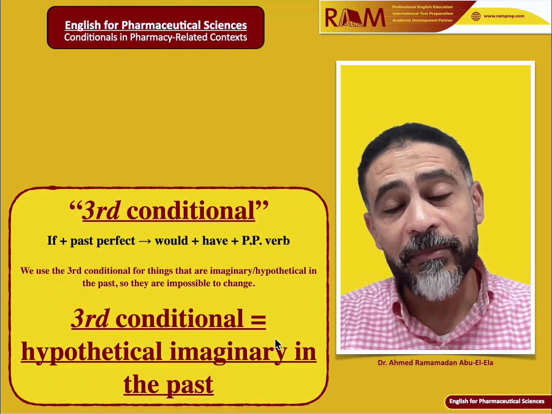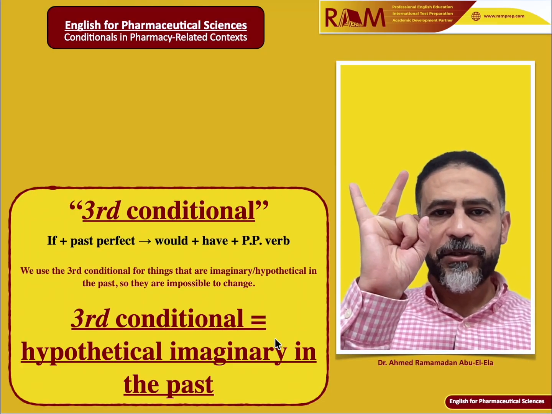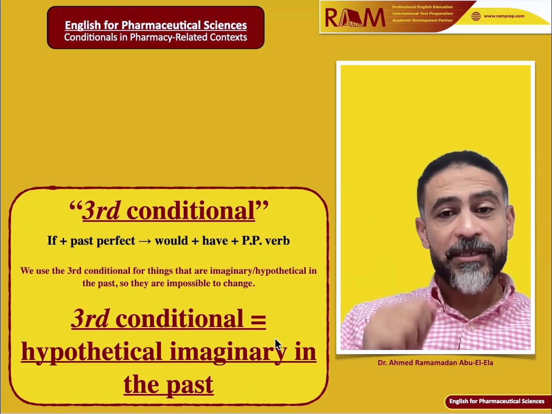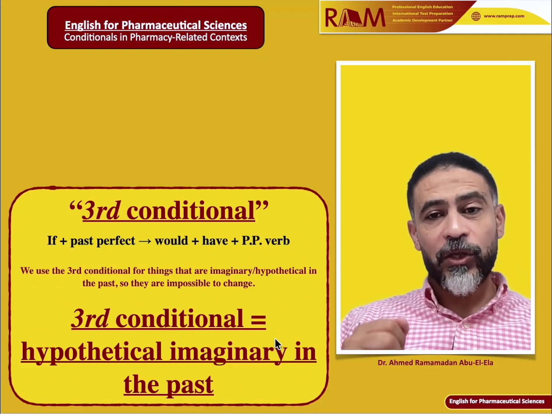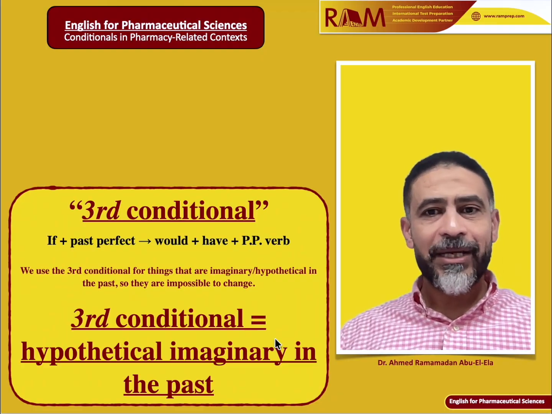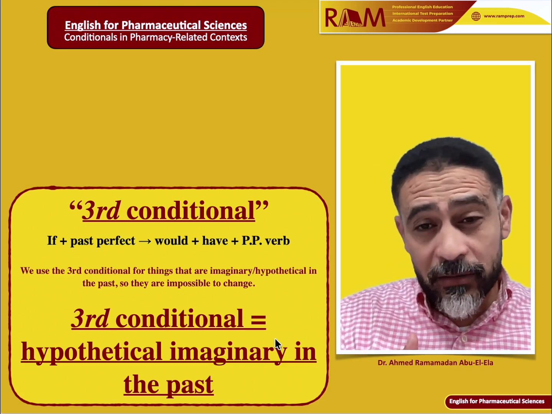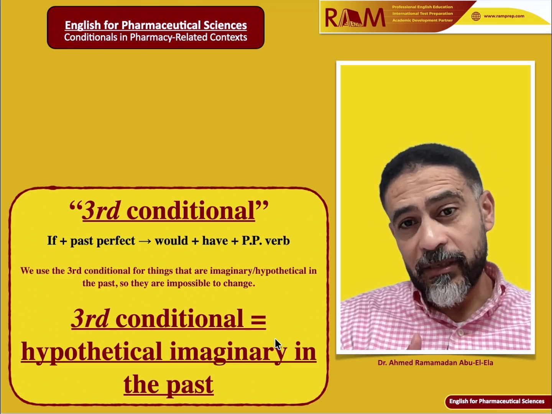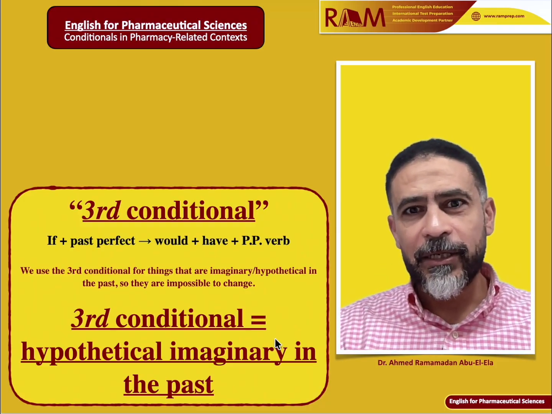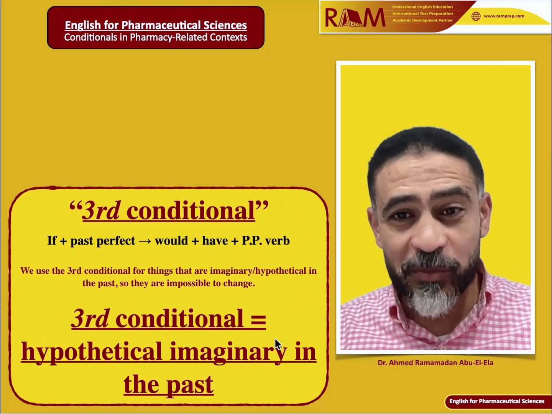وبكده يبقى احنا خلصنا المين تايبس بتاعه الاف كونديشنالز اللي هم الزيرو كونديشنال والفيرست كونديشنال والسكند كونديشنال والثيرد كونديشنال. تمام. يبقى زيرو، فيرست، سكند، ثيرد كونديشنالز. كده احنا المين تايبس خلصناهم. تعالوا بقى مع بعض نروح على الميكست كونديشنال لان هو بيعمق اكتر الفهم بتاعنا في الاف conditionals and how we're going to use the mixed conditional in pharmacy related situations. ازاي نستخدم ده في الفارماسي براكتس بتاعتنا